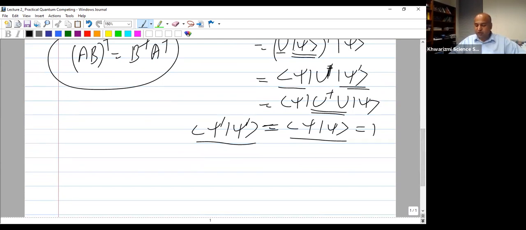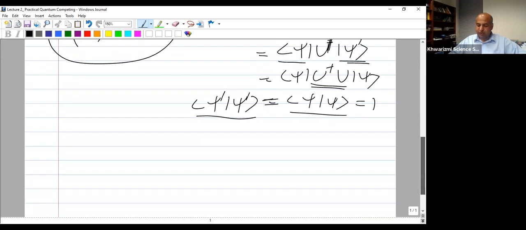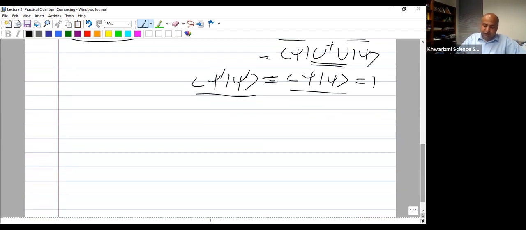We can prove the inverse as well in general, but we'll have to go to more computations, and you can take my word for it, that if we start by assuming that psi prime is normalized, we will end up finding that U should be unitary. So both ways, if U is unitary, psi's probabilities are preserved, which means the total probability is 1. And if we start by assuming that psi prime's total probability is 1, we will end up with U as a unitary operation. So this is one thing. And for one qubit gates,